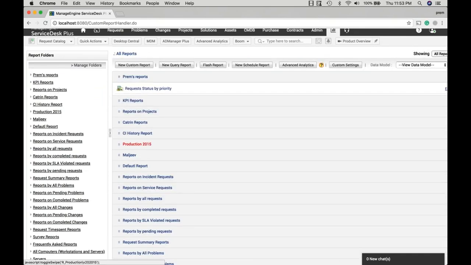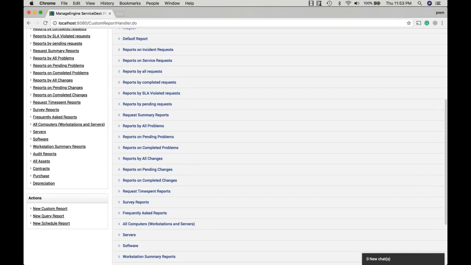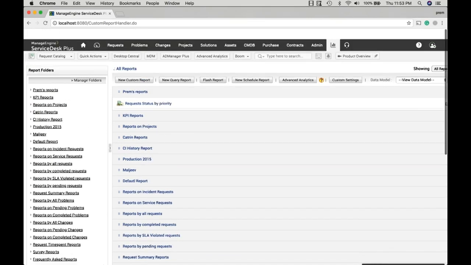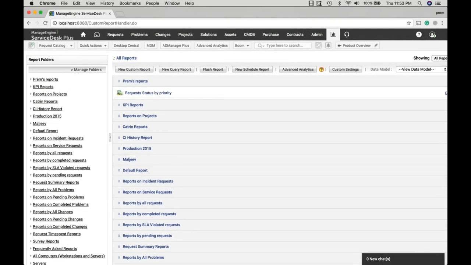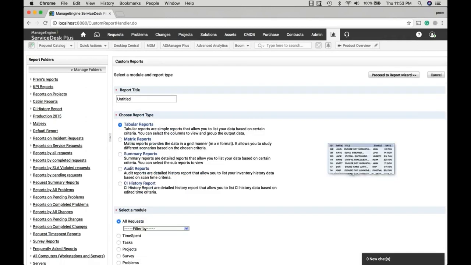All right. So we have seen that there are a lot of out-of-box reports available in ServiceDesk Plus, but at times our requirement will grow too specific. We may have to construct our own logic to get a report out of the system. If that is your case, if that is the need, you can run custom reports as well. To do that, go to New Custom Reports, click on it, and here you can completely customize and build a report by yourself. I'm going to call this report My Report